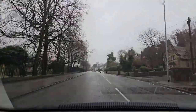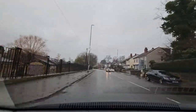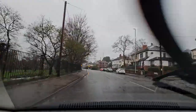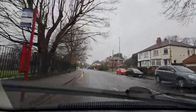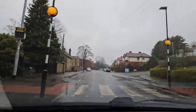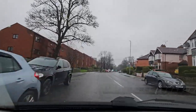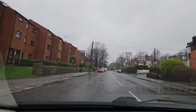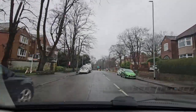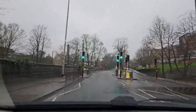And Leeds is a city I know well, and I do walk around the city, but it's just a nice way to record the state of the city in 2024. So there isn't really a big reason or a big purpose. It's just for fun. So as I say, if there is anywhere in particular you'd like to see in the city,